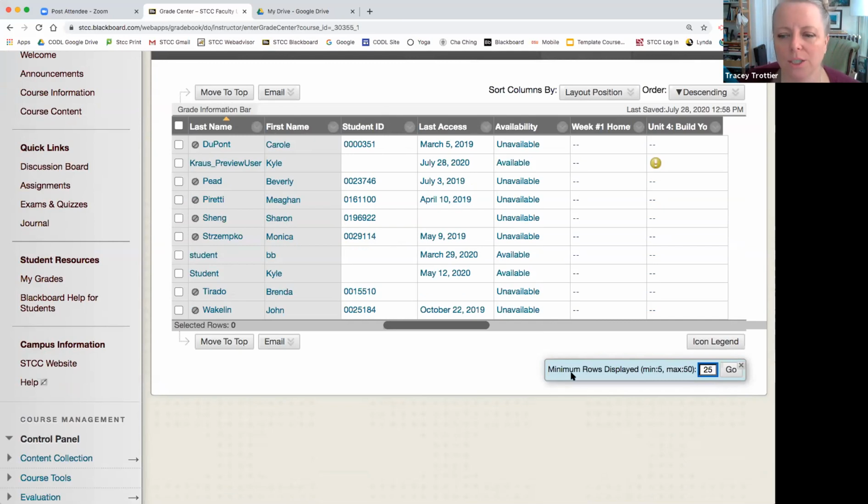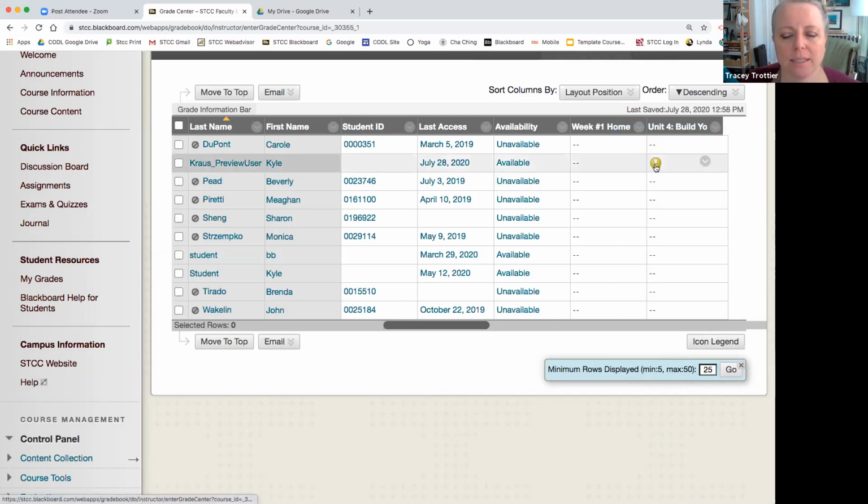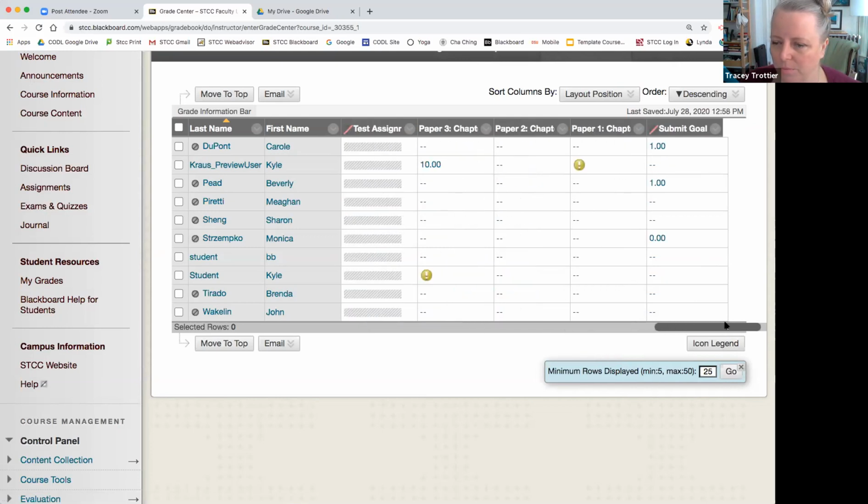All right, so I do have this bottom row here that's available and I can always change what's displayed. And then my last thing is I have this thing called an icon legend. The icon legend tells me what all the buttons are that appear in my grade center. So for example, whenever someone starts to turn something in, I'm gonna get the exclamation point that says needs grading. I can always also just put my cursor over it and it'll give me a little text box that says needs grading. But if I see things in my grade center, and I'm trying to see if I have anything in here that's not